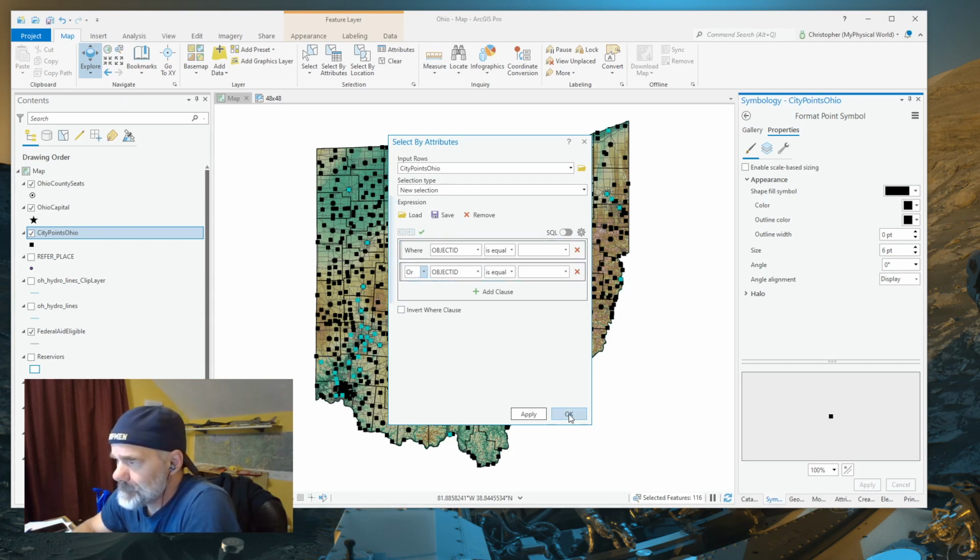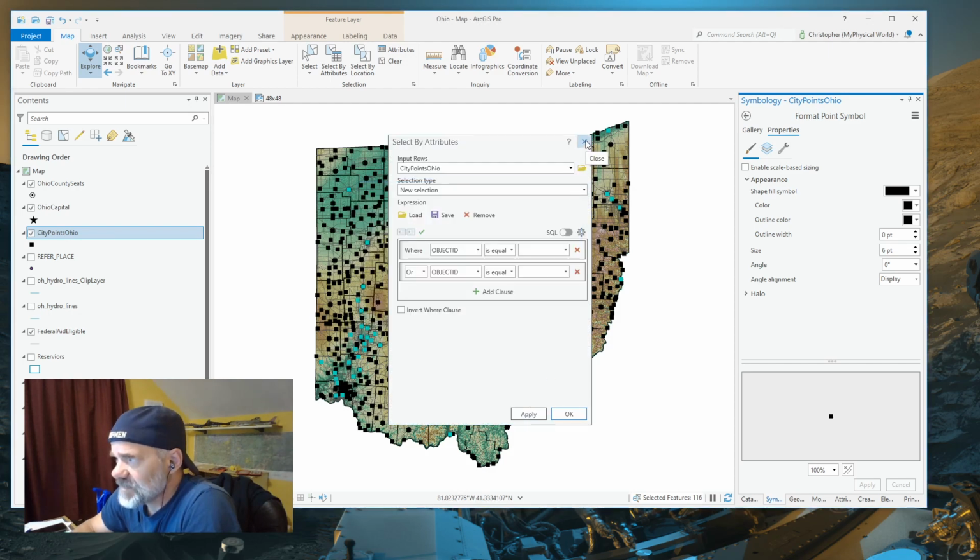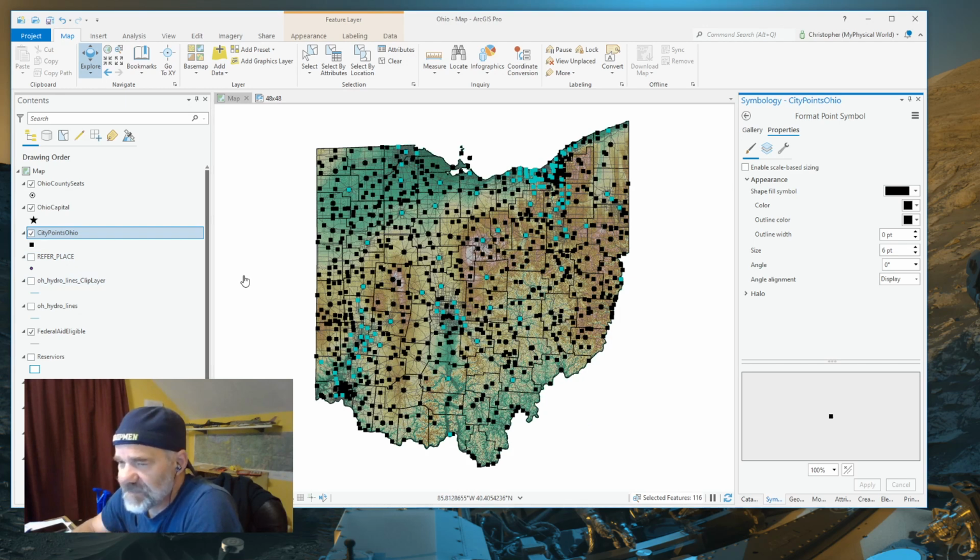All right. Whoops, I don't have anything selected. That's why it failed. I mean, I didn't type anything in. So I hope this simple selection by attributes helps you in doing your work, and